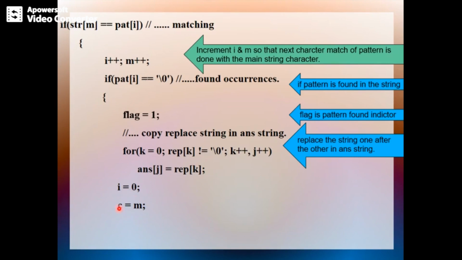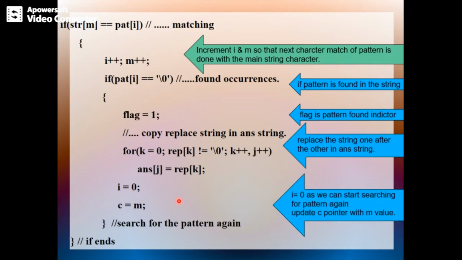Why c should be updated? c was set to the first match character. So once all matching characters are found, that means no more matching of those characters in the main string. That's why c needs to be updated.